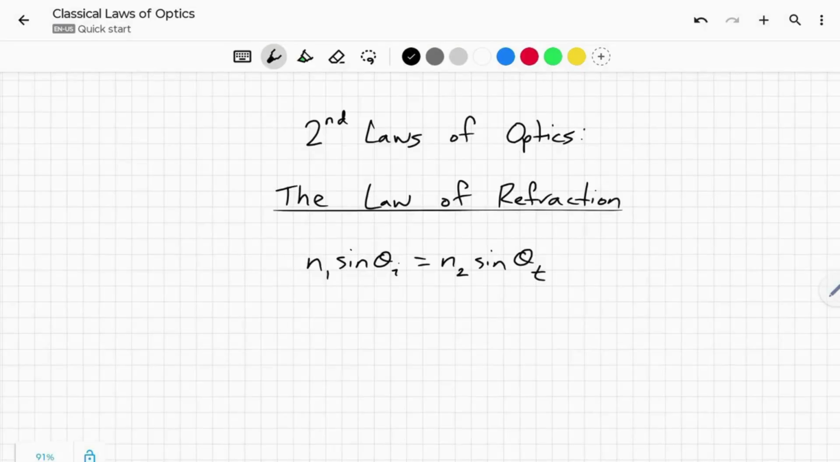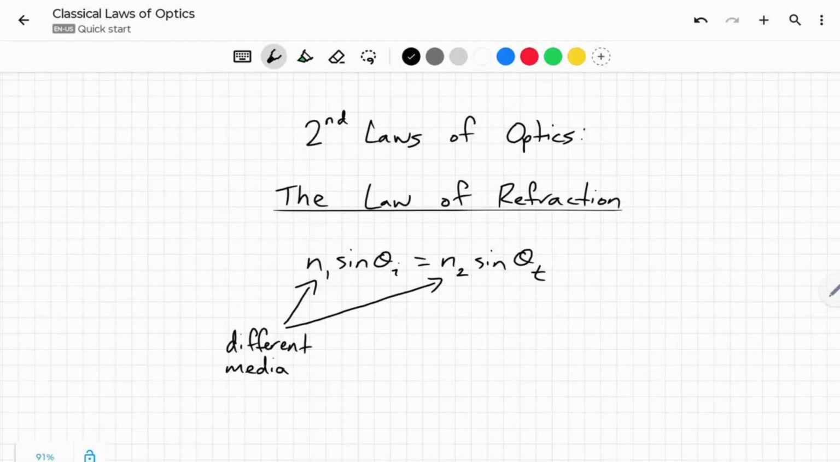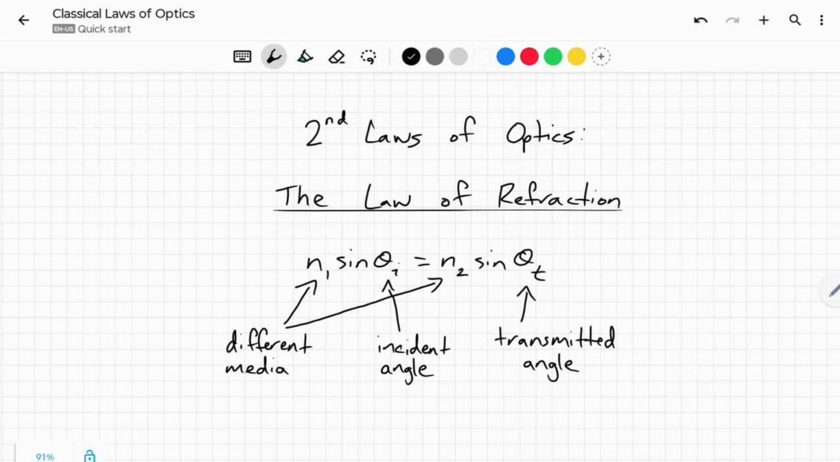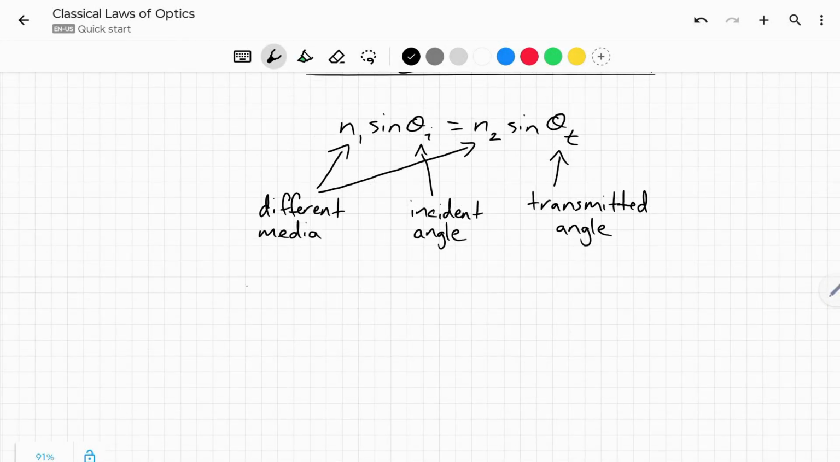Here, n1 and n2 are the indices of refraction of the two different media. Example, air, glass, water. The angles are shown by sine theta subscript i for the incident angle and sine theta subscript t for the transmitted angle. This law also goes by the name of Snell's law and also Ibn Sahl's law as well,